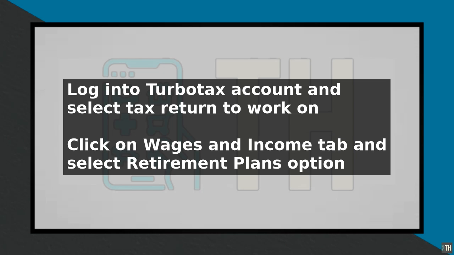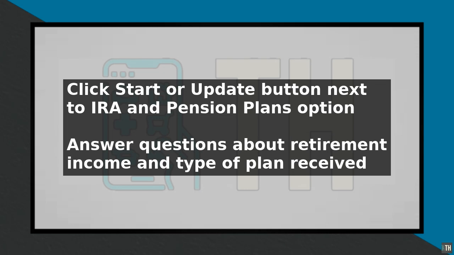You will then be prompted to answer a series of questions about your retirement income, including the type of plan and the amount of income you received. When asked if you received a 1099-R, select Yes and enter the payer's name and the amount of income reported in Box 1 of the 1099-R form. You will also need to enter any federal income tax withheld, which is reported in Box 4 of the 1099-R